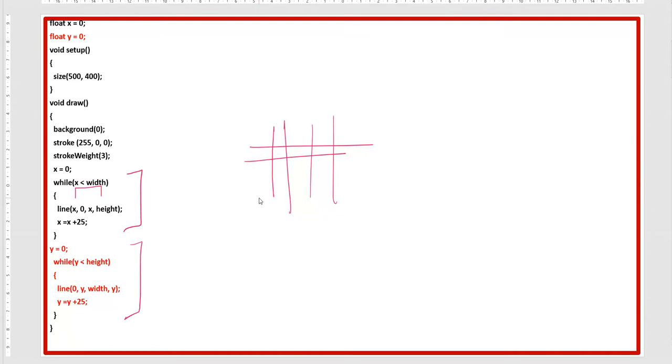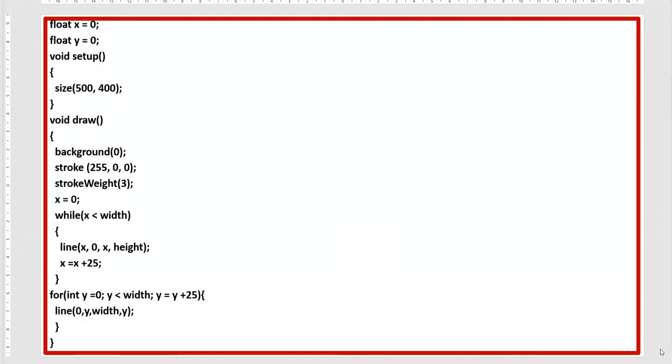So the same kind of thing we will perform with the help of the for loop. See, this will remain the same on the next slide. Only instead of this while loop, I will use the for loop. So keep in mind that the for loop and while loop are the same. You will get the same result if you use the while loop or the for loop. The difference is, see, the while loop will take 4 or 5 lines, while the for loop you can write in one line, or in one command.